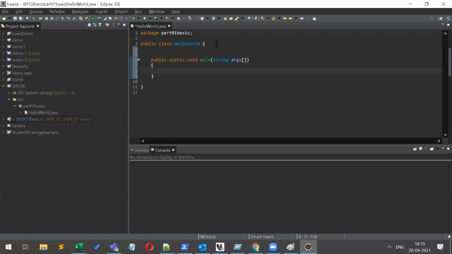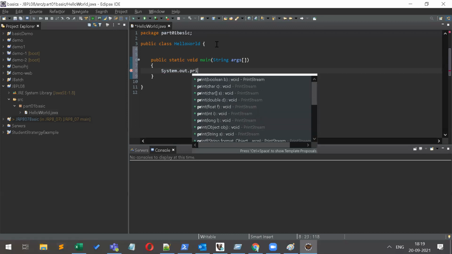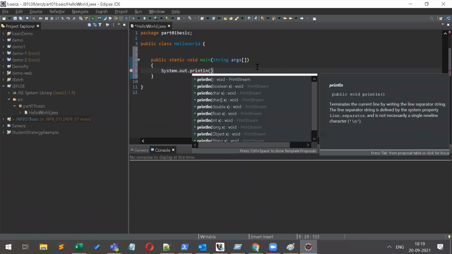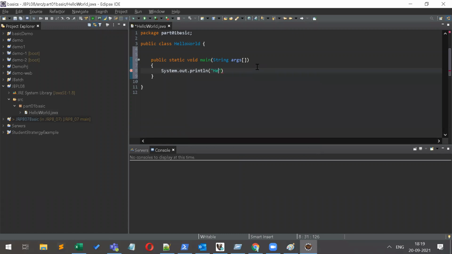For output purposes you have to write System.out.println, Hello, welcome to learn Java programming.